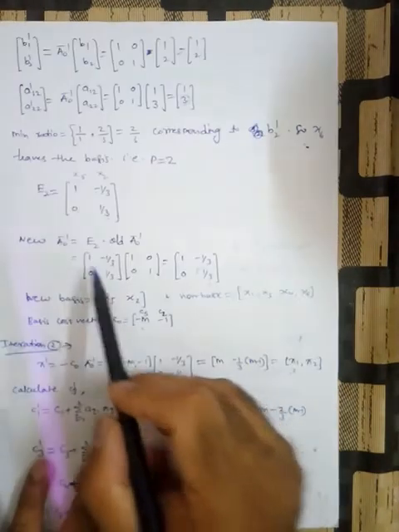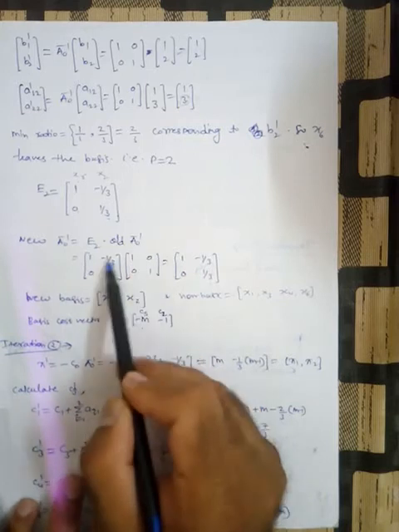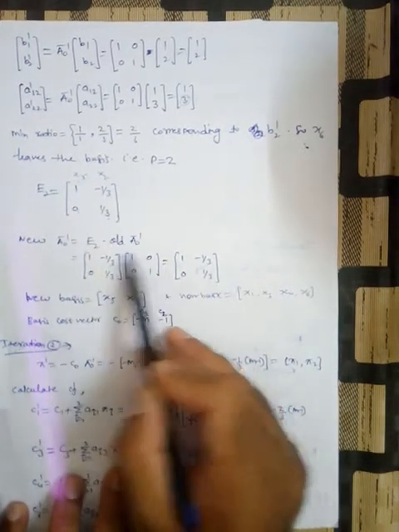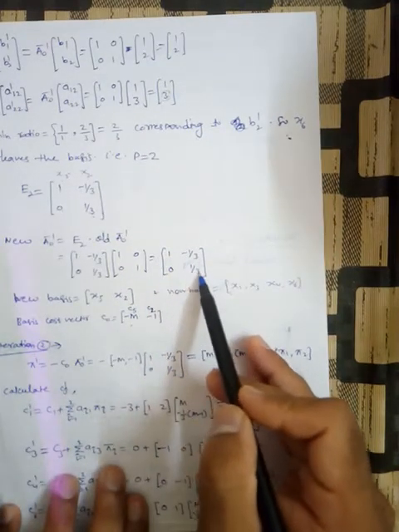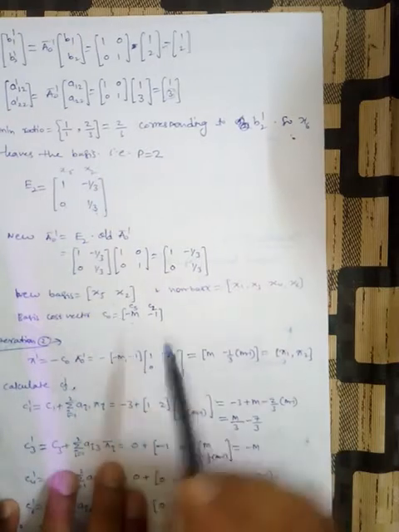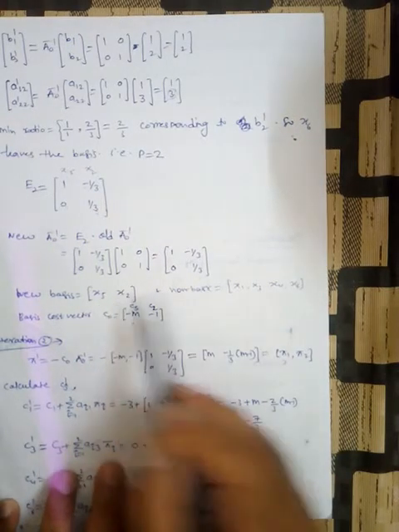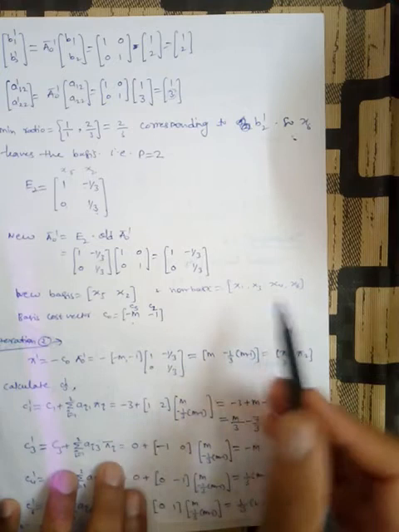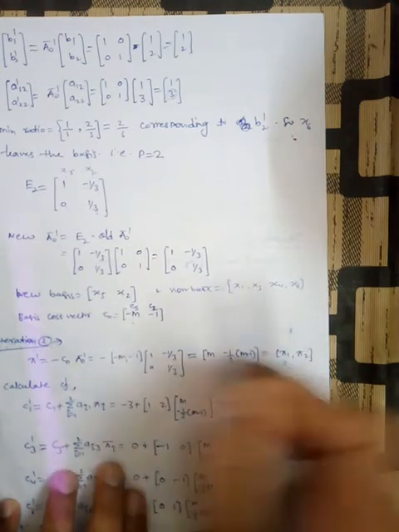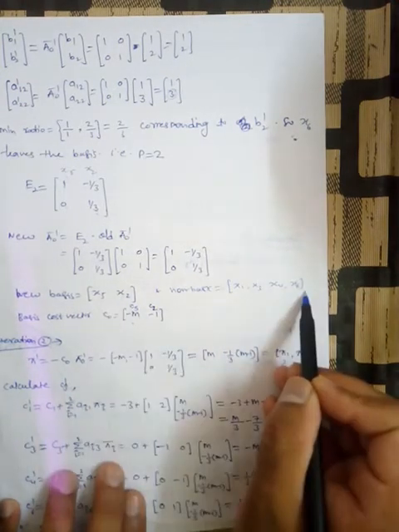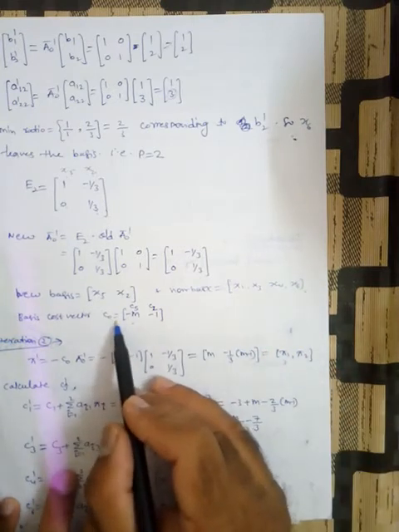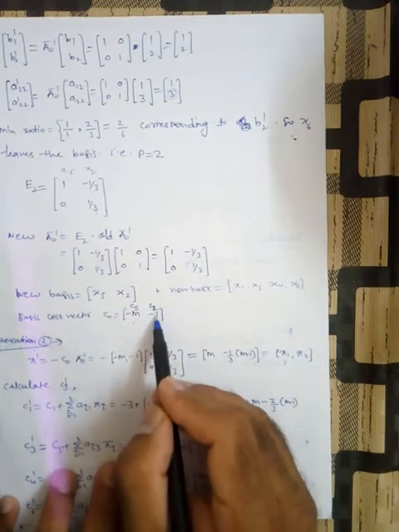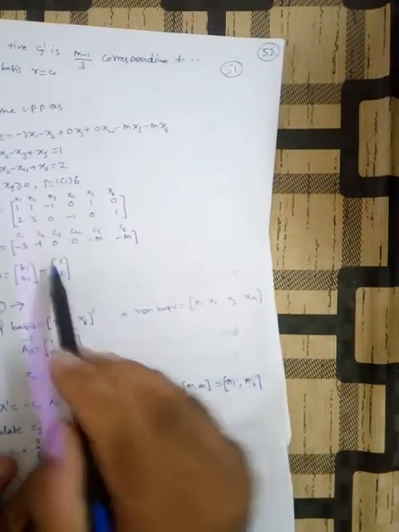Now find out the new A naught inverse, which is E2 into old A naught inverse. So new E2 is this, and old A naught inverse is the identity matrix. Multiply this, so we get the same matrix, 1 0 minus 1/3 1/3. Fine. And now in the new basis x6 is the non-basic variable, and in place of x6 we have x2. So x2 has come from here to here, and x6 has gone from here to here. Fine. Similarly c0 is revised. This is for c5, and now for x2 we have c2, and from the list here c2 is -1. So here we have listed -1.